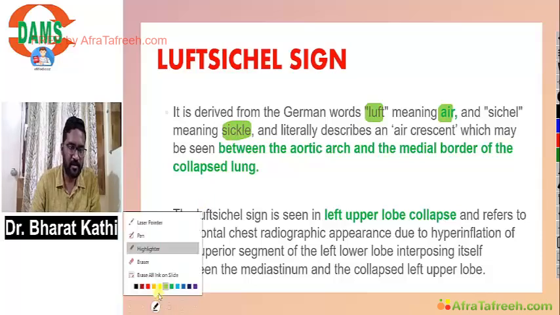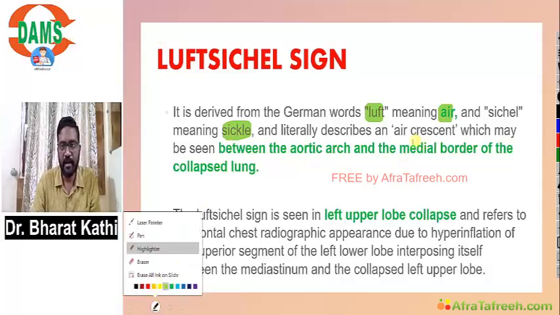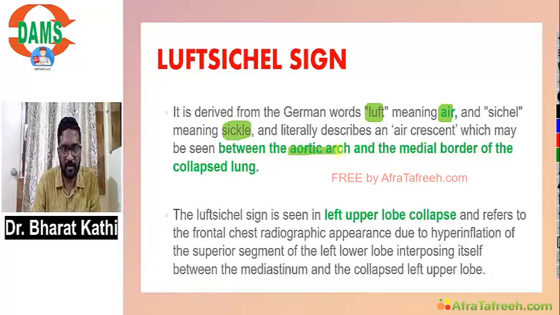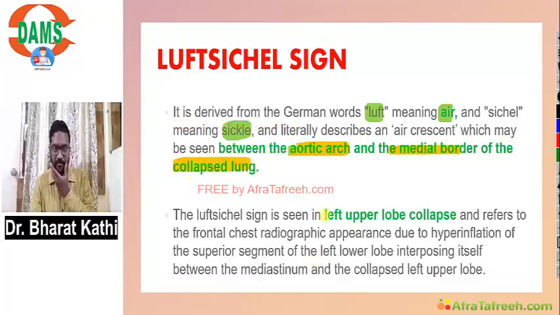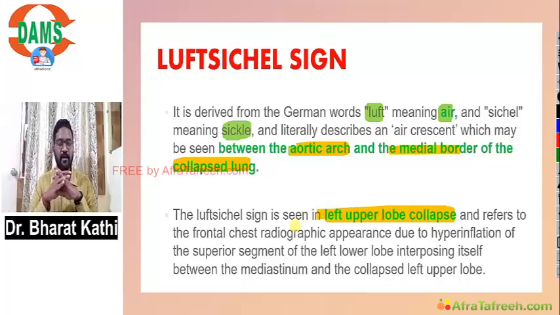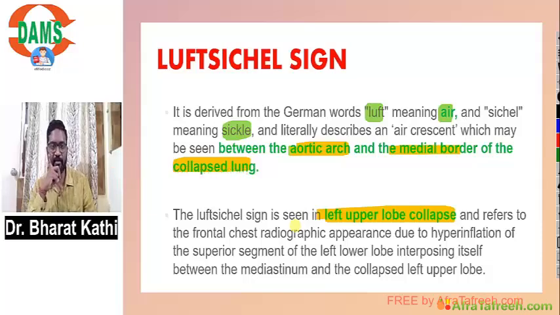So it literally describes an air crescent which might be seen between the aortic arch and the medial border of collapsed lung. So the left sickle sign is a feature of left upper lobe collapse. If you notice that left sickle sign, you should be able to say it is a left upper lobe collapse, and it refers to a frontal chest radiograph finding due to hyperinflation of the superior segment